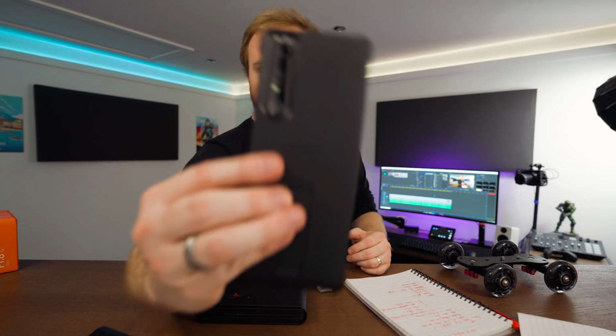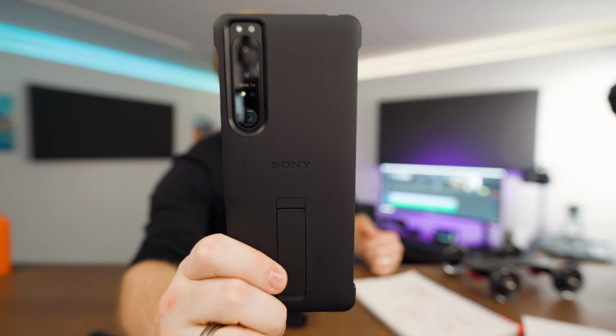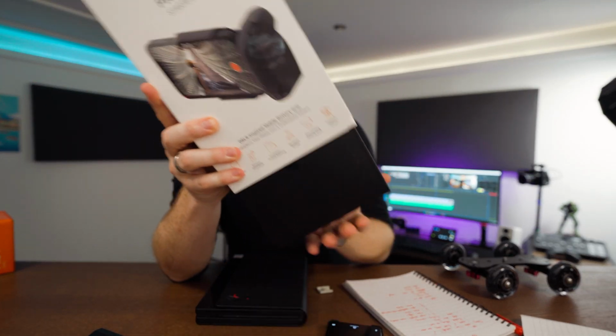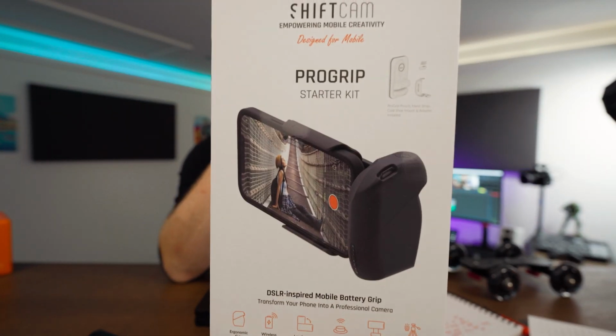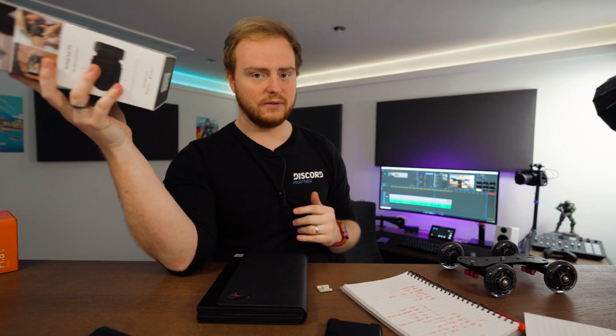The Xperia X1, I want to make a video about, I'm not meaning to swear at you, that's Sony Xperia X1 Mark III. I want to make a video on this. It looks cool. I want to do a video showing you the setup in more detail. That'll be a video, and I'll be using this, which will also be its own video, the Shift Cam, although it will be a shake cam because it's handheld. Shift Cam for the iPhone, which looks really cool. So we're going to be doing an unboxing, first look at that,